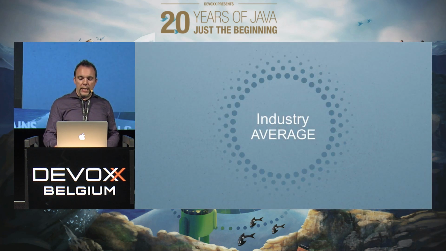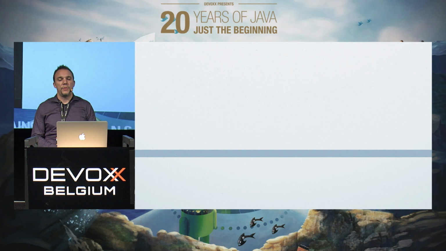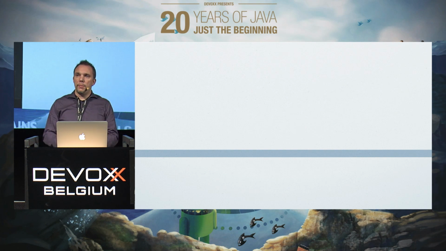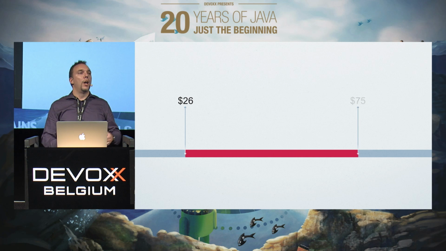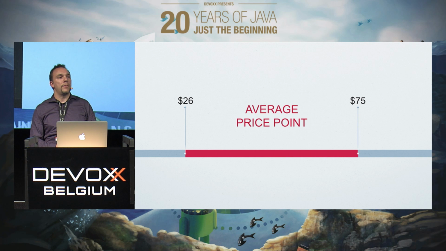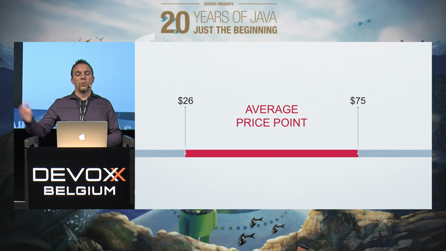Another method: industry average. Take for example my example of the App Store. For games in the App Store, the average pricing point is, let's say, between $0 and $1 or euro for a game. On the Salesforce marketplace, typically prices are between, let's say, $26 or $30 to $75 per seat, per month.